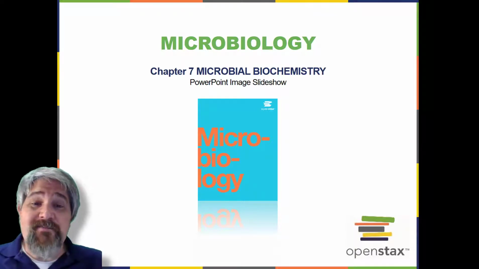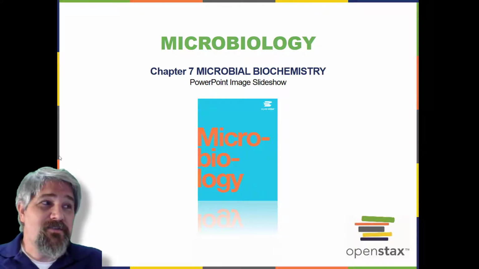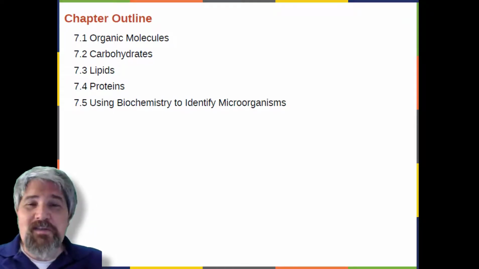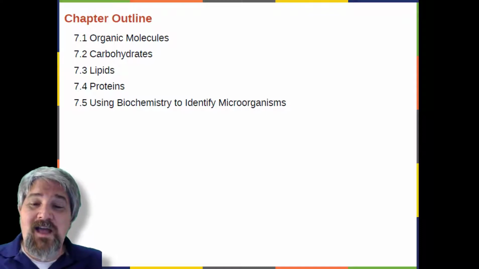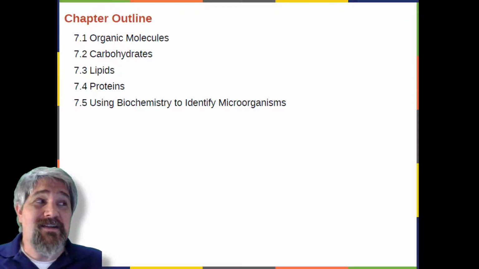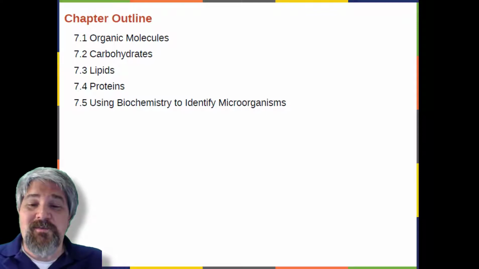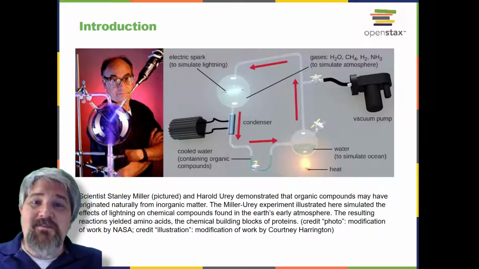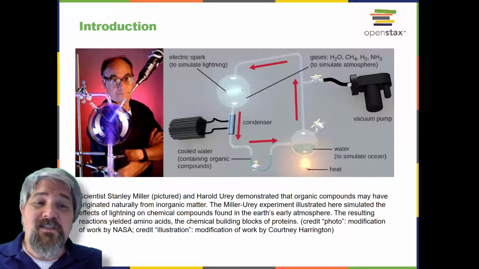Welcome to Chapter 7, Microbial Biochemistry. In this chapter, we go over organic molecules, carbohydrates, lipids, proteins, and using biochemistry to identify microorganisms. Introduction. The Earth is estimated to be 4.6 billion years old, but for the first 2 billion years, the atmosphere